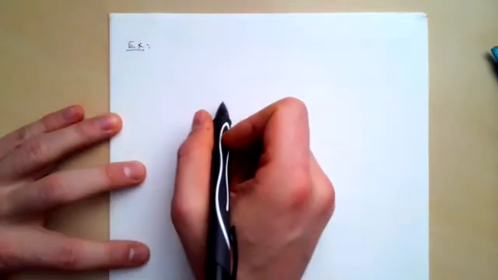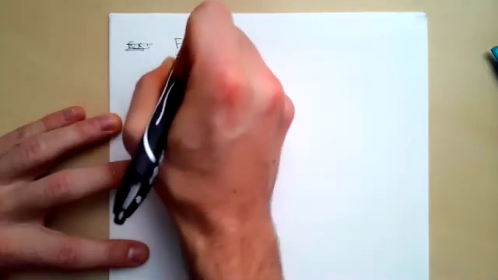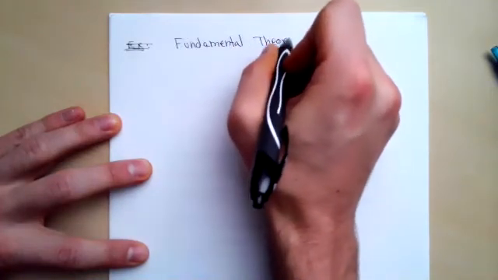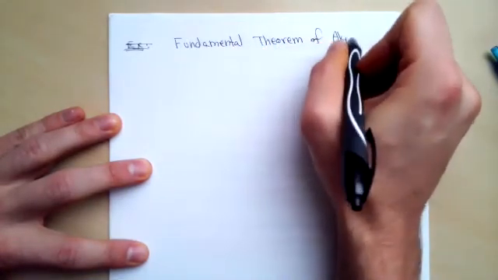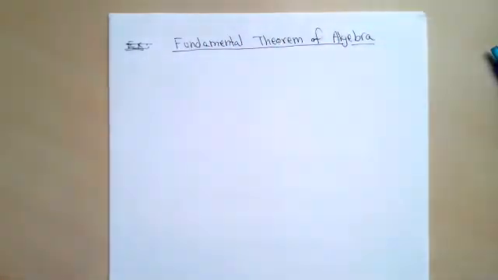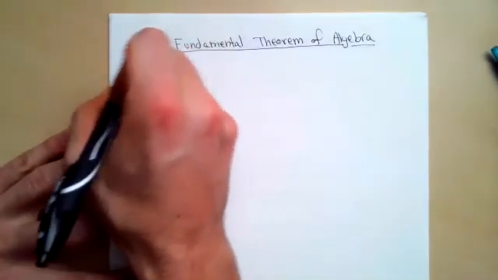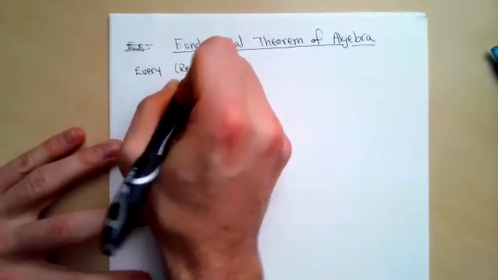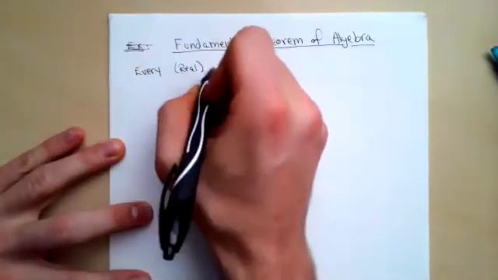So this long division, we need to mention the fundamental theorem of algebra. Excuse me, let's do that first. So fundamental theorem of algebra. So we've got factoring. We've got a little bit more advanced method of factoring now by doing polynomial long division. The fundamental theorem of algebra tells us when we can have a root, or if we can have a root. So the theorem states that every polynomial, and we'll say real polynomial, so polynomial with real numbers as coefficients,